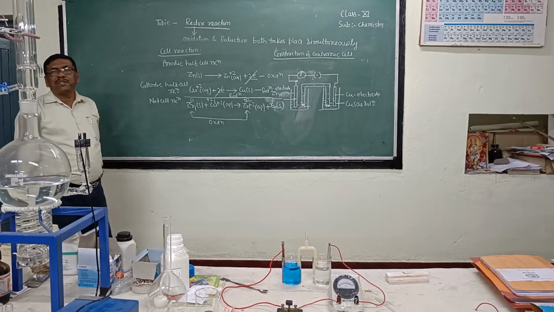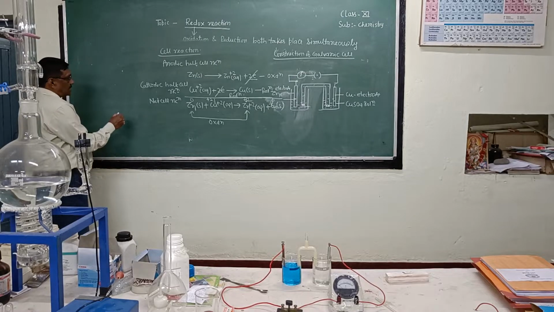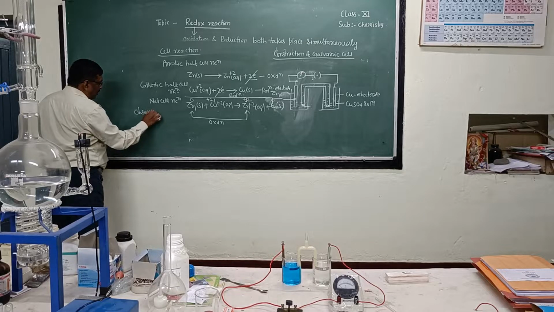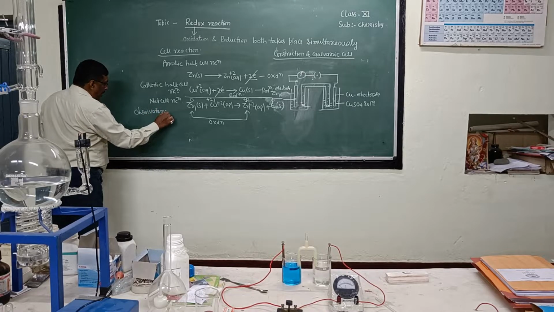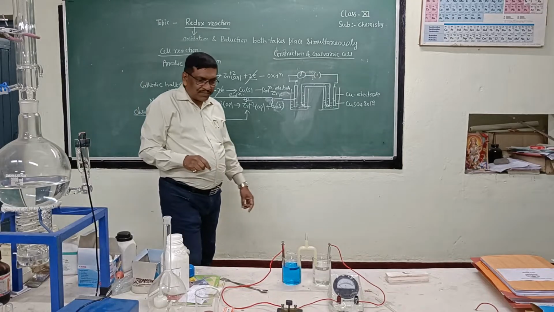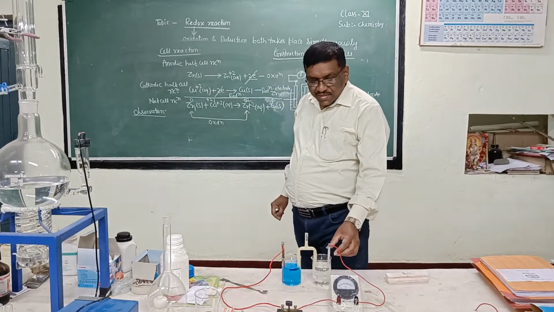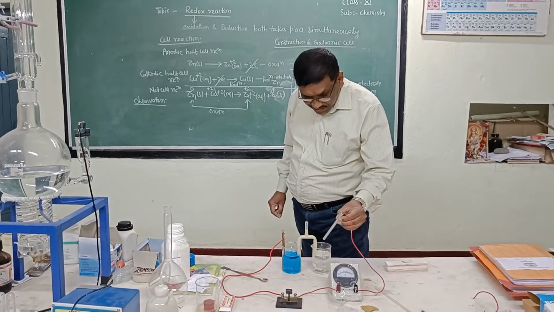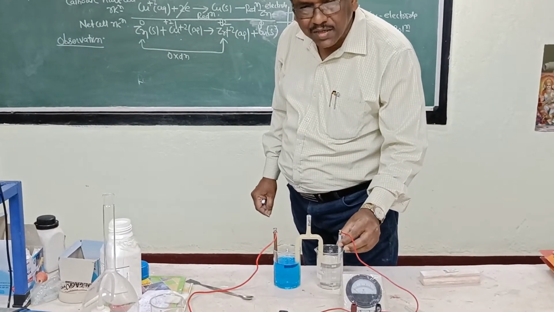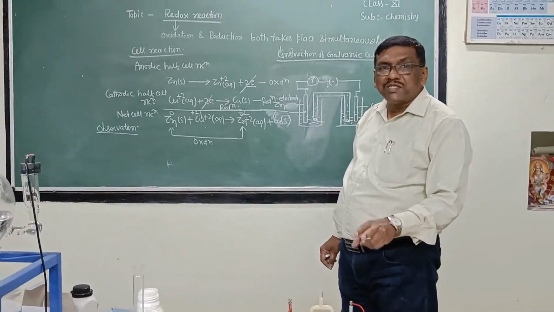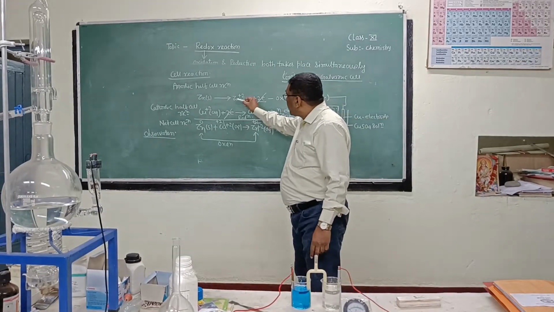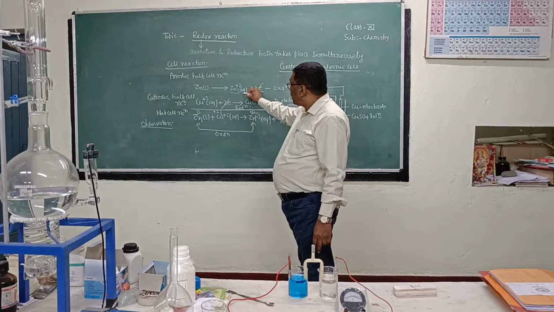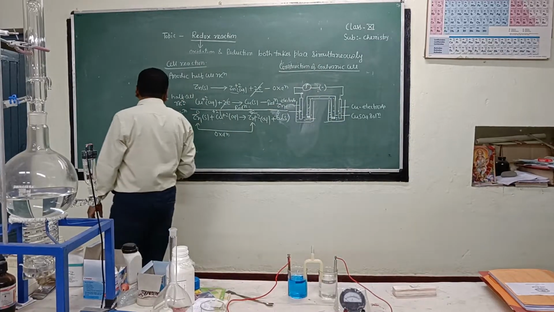Now let us see what the observations are in this galvanic cell. After the reaction, we observe that the zinc rod becomes thinner and thinner, because from the zinc metal, zinc is going into solution as Zn2+. So the first observation is